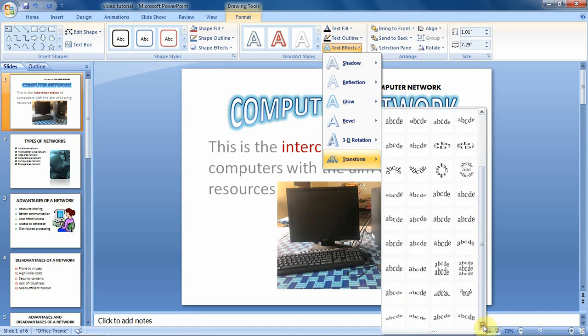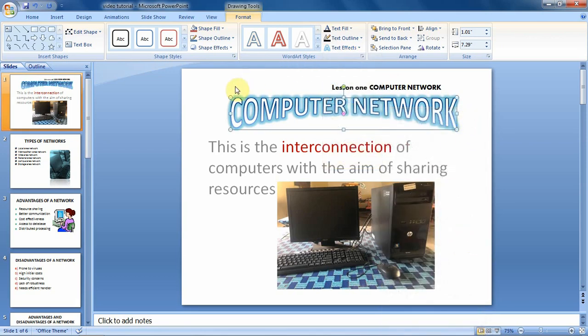However, there are other styles below there. So the more you move, you can see the changes. So let's assume this is what we want. So I will click on it. Then you will have that text effect applied to the content in your WordArt text box. Let's now look at how we can insert a WordArt or apply a WordArt when we have not selected any text. So I will just scroll below